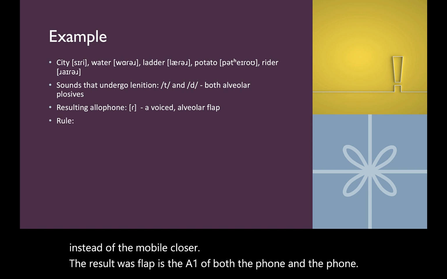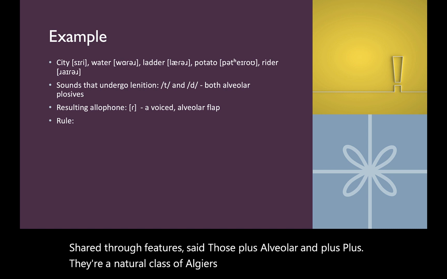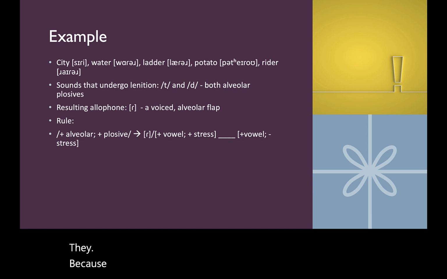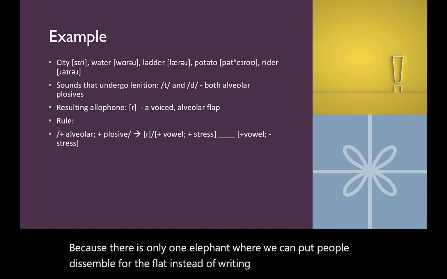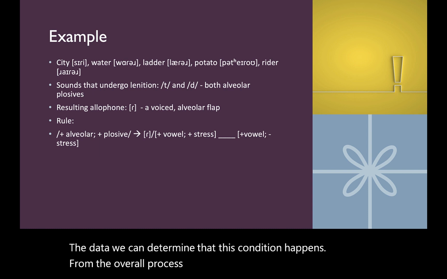T and D share two features. They're both plus alveolar and plus plosive. They're a natural class of alveolar plosives in English. We then draw the arrow to the allophone. Because there is only one allophone here, we can simply put the symbol for the flap instead of writing out its features. After examining the data, we can determine that this lenition happens only when the alveolar plosive occurs in